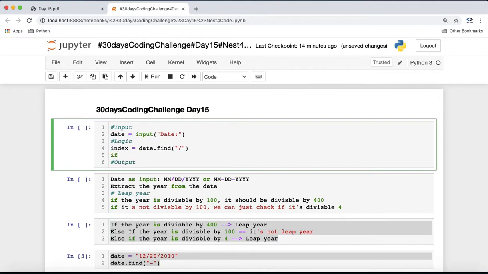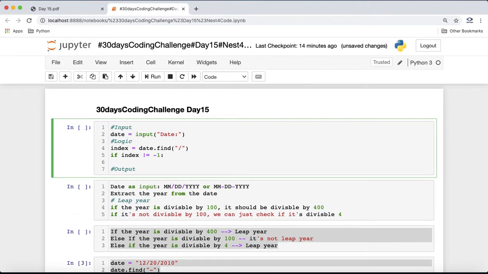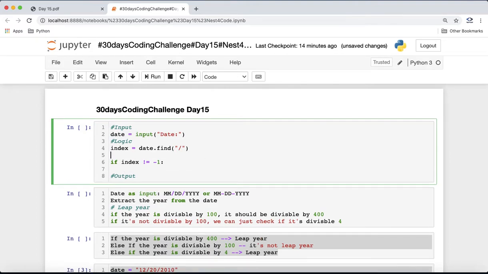If the index is not equal to -1, then what does it mean? We have found the correct format, we are using slash. So maybe we can create a variable year, which we initialize with an empty string. What will be the year, guys? Before getting the year, we need to split this date.